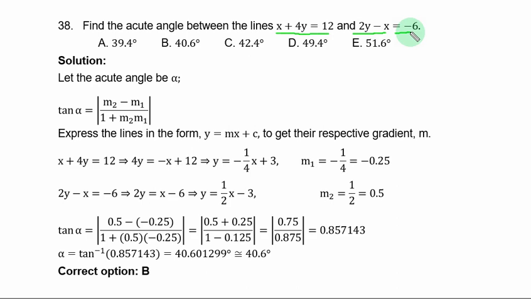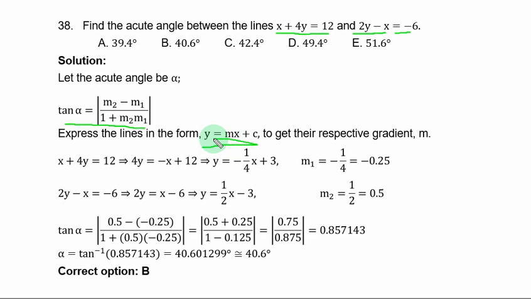The acute angle between any two lines is given in this form. So you have m1 as the gradient of the first line and m2 the gradient of the second line. You have to express the lines in this form so that you can get m. M is the gradient. You simply solve for y